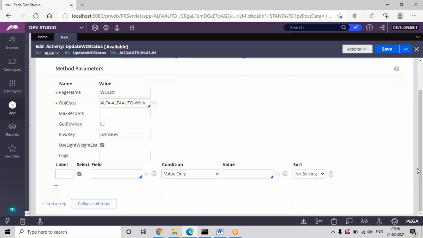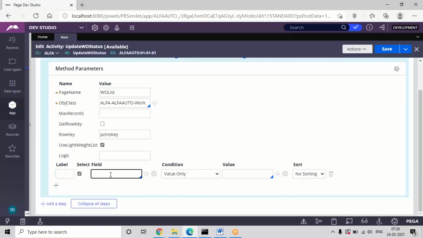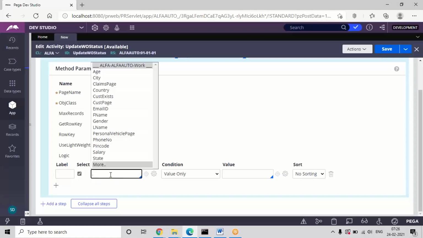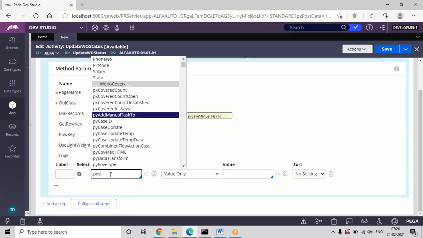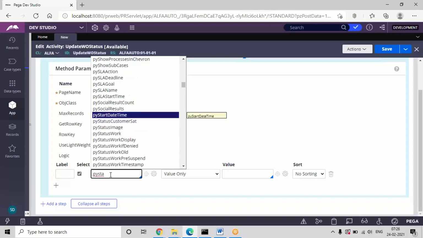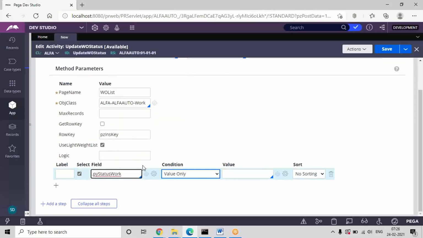And here we need to define properties. See, the main records we are fetching is py status work. So click on dot on the keyboard and go to the more option. We know, right, the status property, the status value will be assigned to py status work. But here we need to apply conditions. See, earlier we have seen how to apply filter conditions in a report.